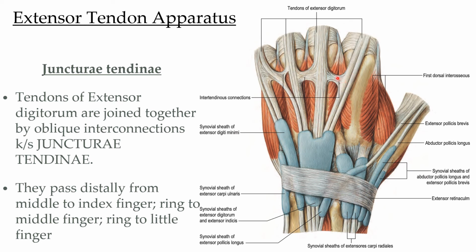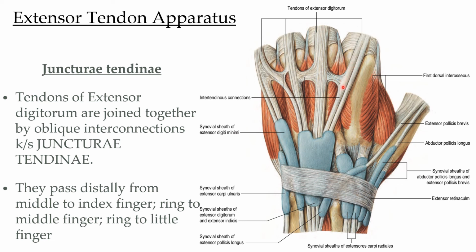So you can see that adjacent slips are connected to each other. These interconnections are called juncturae tendinum. So we may say that the tendons of extensor digitorum are joined together by oblique interconnections, and these interconnections pass from middle finger to index finger and from ring finger to middle finger as well as to the little finger. The presence of these interconnections affects the movement, as in the movement of middle finger will partially bring